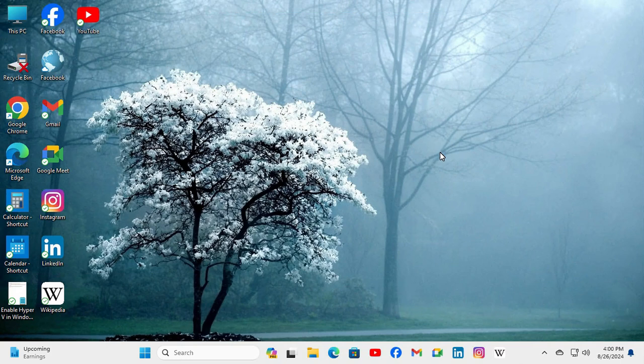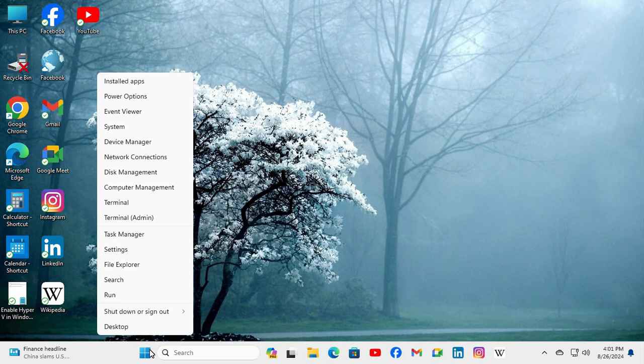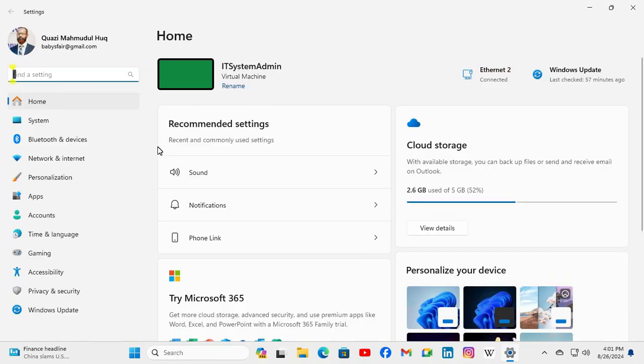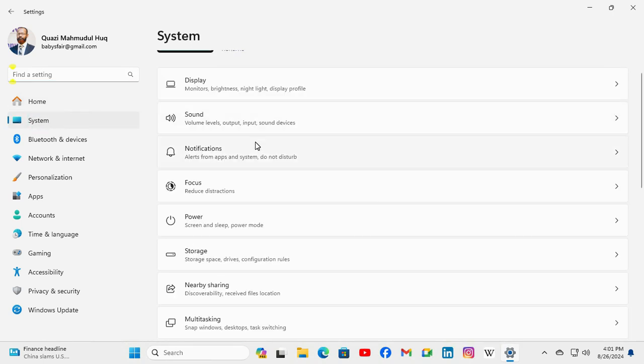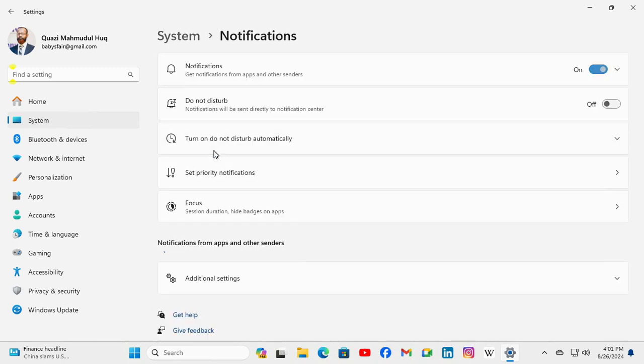To turn off notifications from OneDrive on Windows 11 computer, right click on Start menu, click on Settings. In left pane, click on System. Now click on Notifications